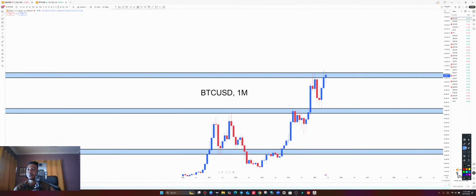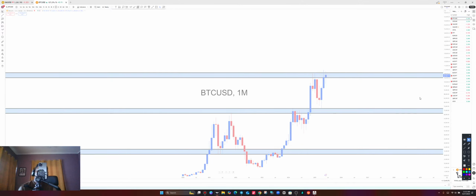So the question is, will price be able to give us a new higher high and then a higher low before it goes up, or are we going to see sell pressure bring the market all the way down? Let's find out as we analyze together. Our area of interest is going to be at the resistance level here of the monthly. Let's go to the weekly and find out whether price will be able to break above or not.